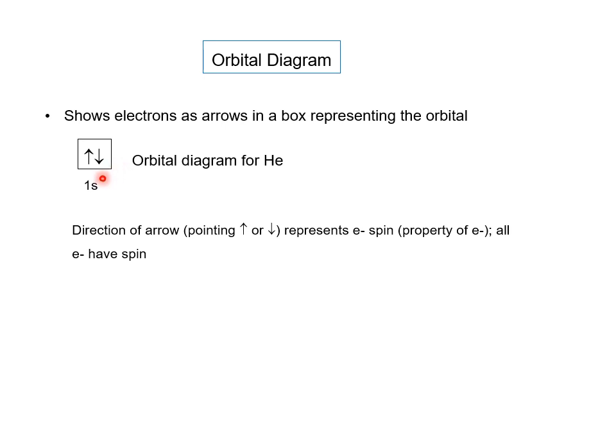Okay, so this here is the orbital diagram for helium. Helium has 2 electrons. Both of those electrons are in the 1s. So this box represents the 1s orbital, and I put 2 arrows inside of it. Notice also that when I label the orbital, I do not write 1s2 because that's for electron configuration. I just write 1s because the name of this orbital is 1s. Students a lot of times confuse electron configuration with orbital diagram and actually label this as 1s2, but it should just be 1s.